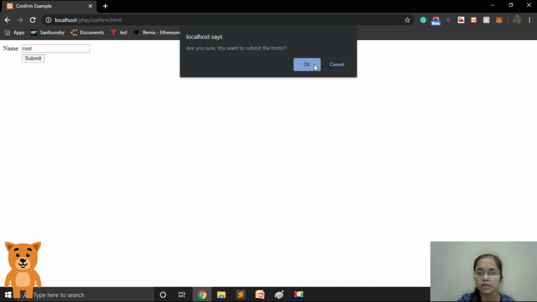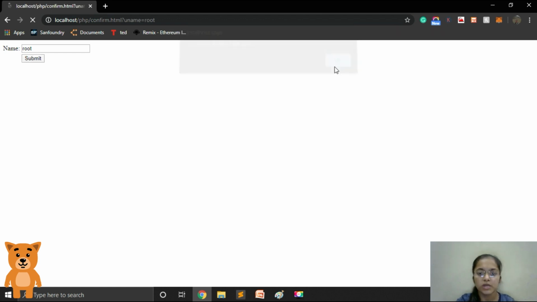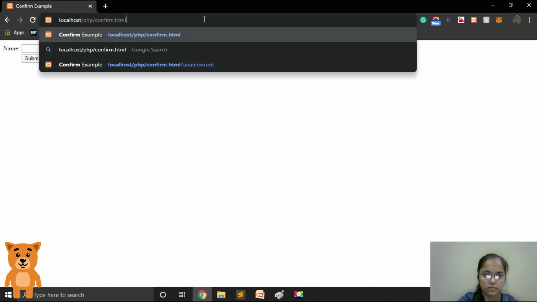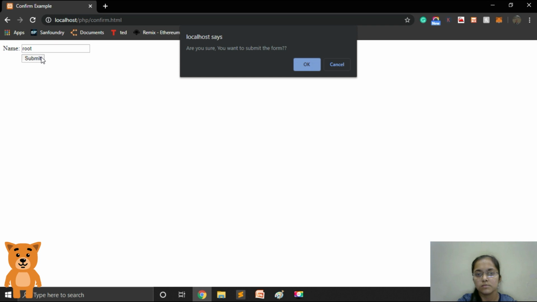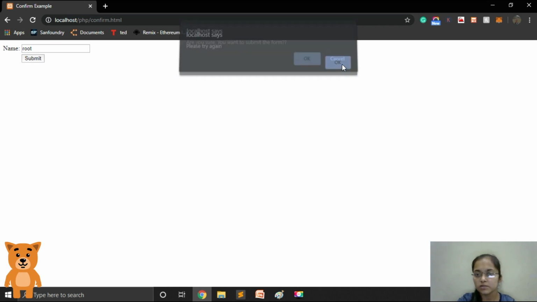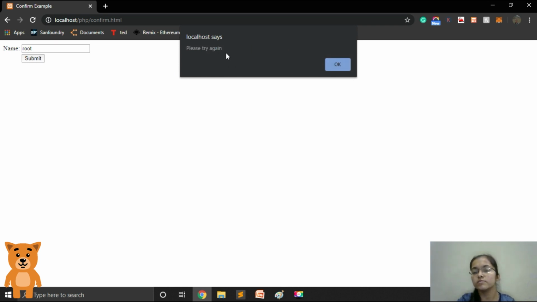So when I click the OK button, you have submitted the form. That means the user has clicked OK and the value has become true. Now let's reload the file and see what happens if I click cancel. So now let's try with cancel. Please try again. That means the x variable has contained false.